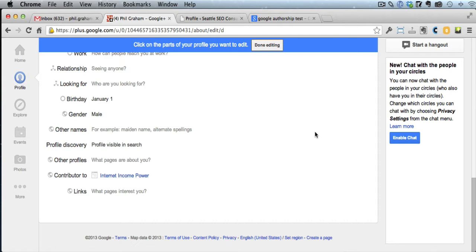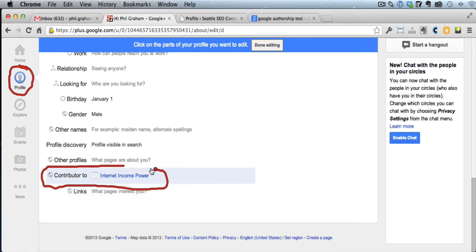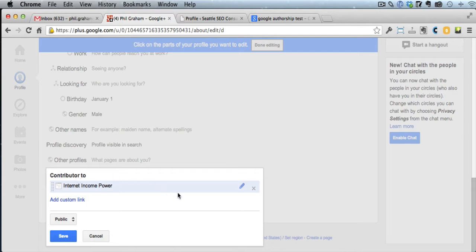So what you want to do, there's two steps. The first step is going to your Google Plus account and clicking on Profile, right here, Profile, and then you want to edit your profile. So you go to Edit Profile, and you're going to look for right here where it says Contributor To. You can only do this in edit mode, so make sure you're in edit mode and click on Contributor To, and you'll see I've set my Google Plus that I'm a contributor to